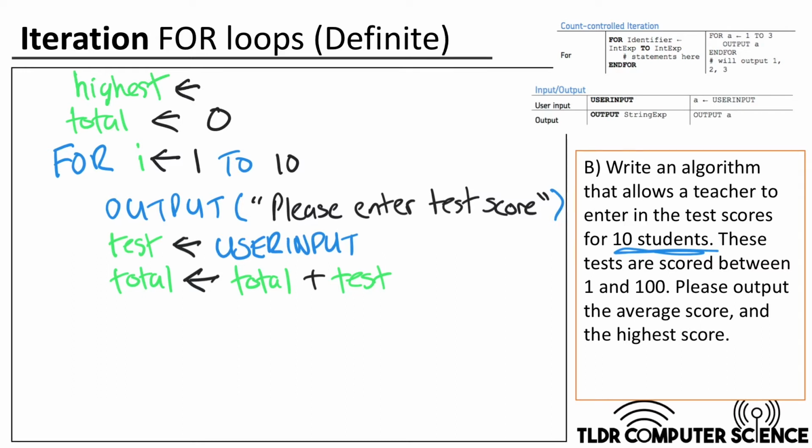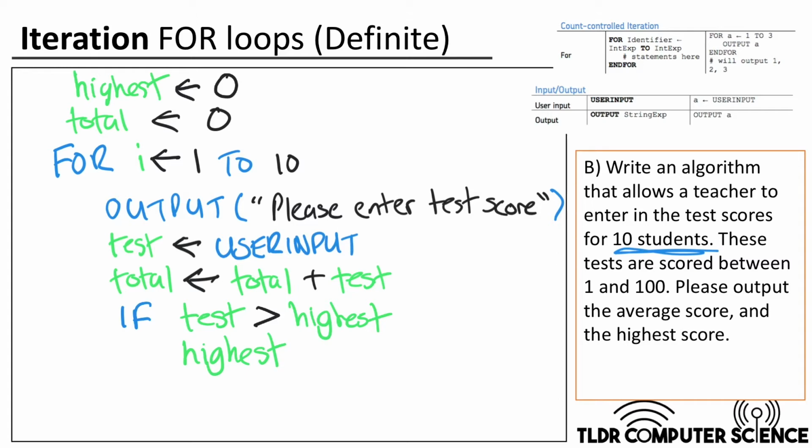My apologies. The highest I'm going to set to be 0. Now you're thinking, well, surely the highest number is going to be higher than 0. Yes, it will. Because what we want to do is every time they input this new test, this new value, we'll go if the test, that's the test score, is higher than highest. So we're saying that highest is 0 at the start. If the test score is 50, is 50 bigger than 0? Yes, it is. And then what we can have happen is that highest